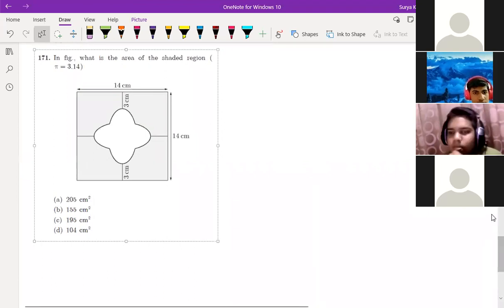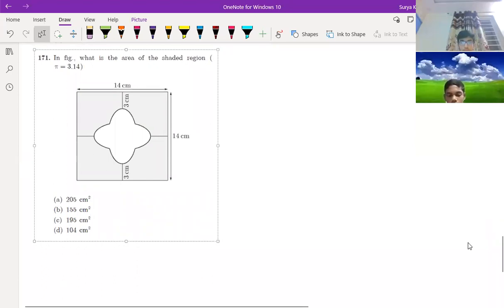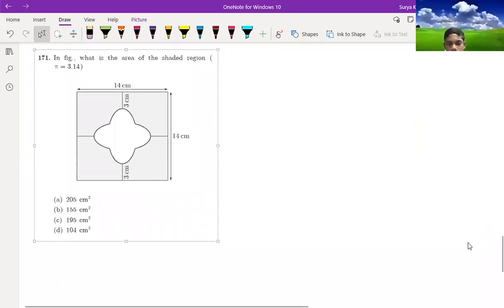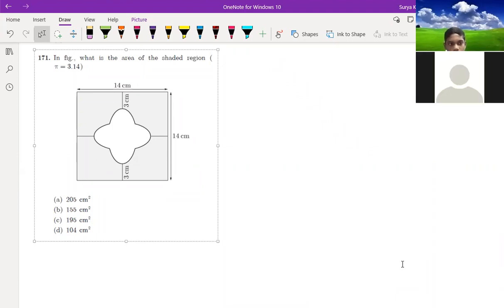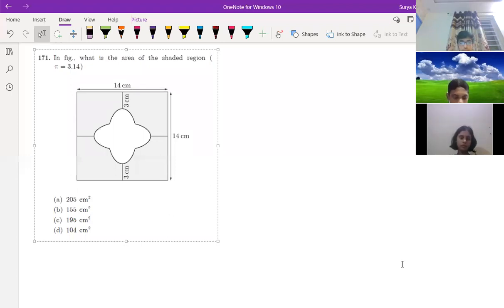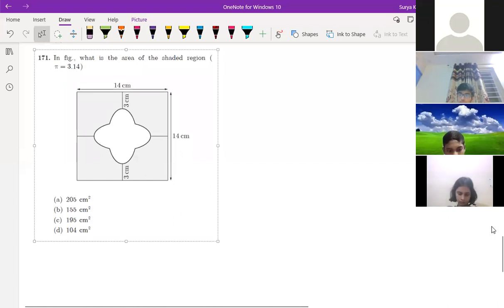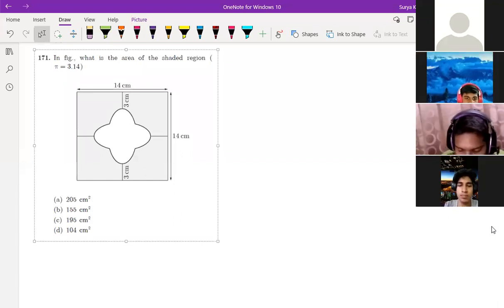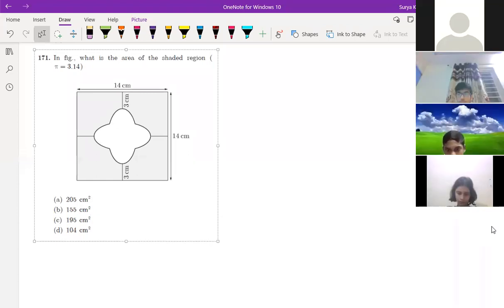Javian, you have not turned on your camera. Sir, Chanchal, just a minute. Chanchal, can you hear me? Chanchal, why are you disconnecting? Your network is not proper, Chanchal. Sir, actually, I wasn't able to see the screen, so I got disconnected. Now you can see? Yes, sir. Okay. Find the area of this. Find the area of the shaded region.